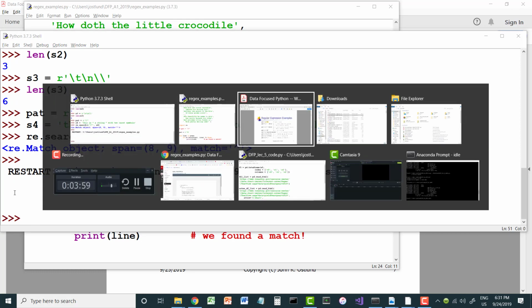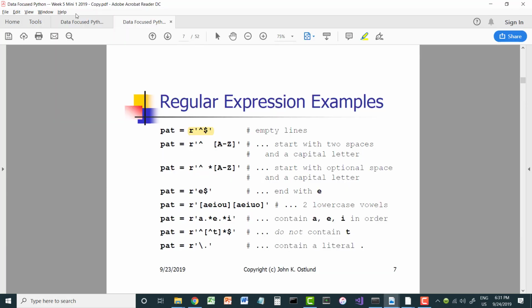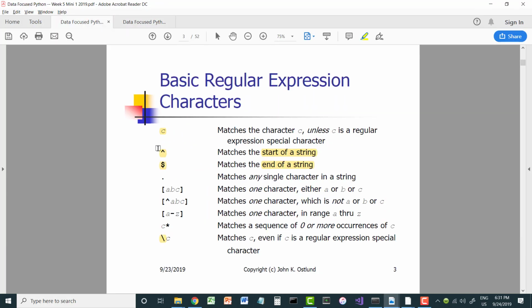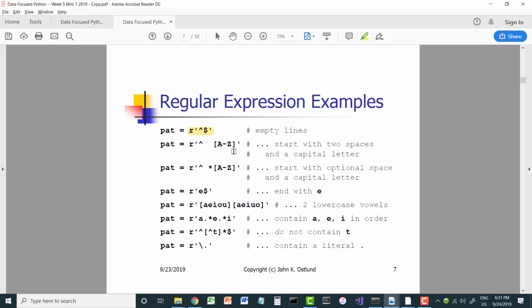All right, so we've looked at caret for start of string, $ for end of string. Next up, we're going to look at using square brackets to specify that you want to match one character within the set or range of characters found in the brackets. Okay, so if I say square bracket, A dash Z,